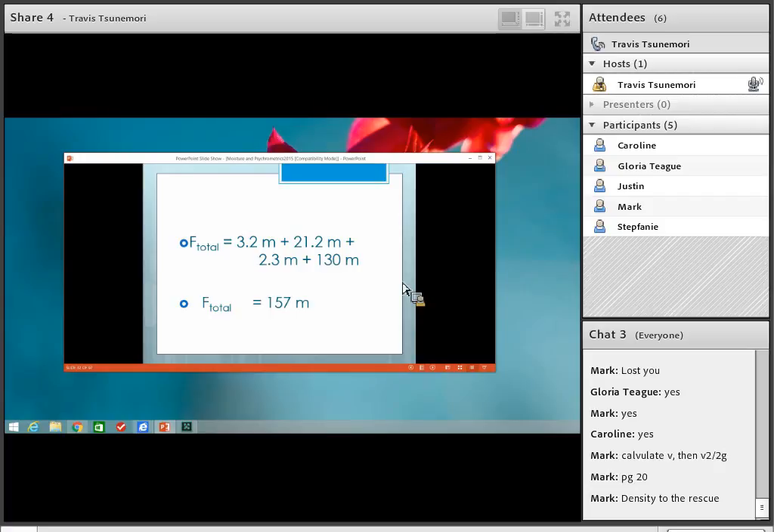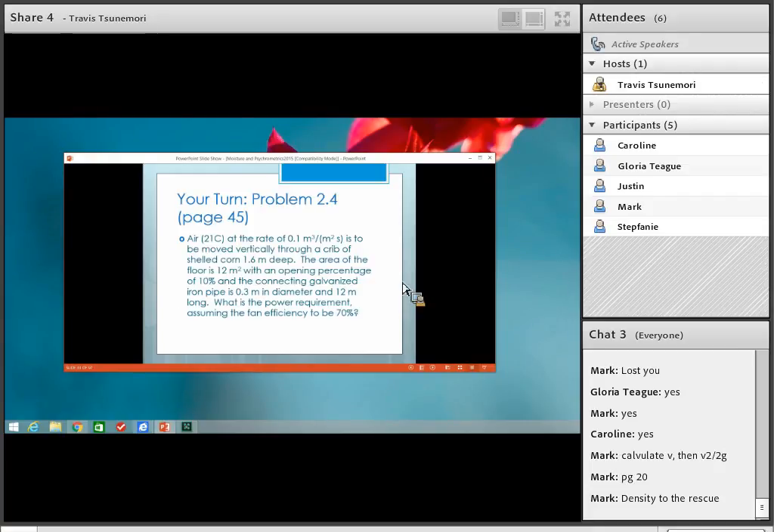Okay, so now we're going to let you do one. This is problem 2.4 on page 45 of the textbook. We've got air at 21 degrees C, at a rate of 0.1 meters cubed per meter squared second, going vertically through a crib of shelled corn that's 1.6 meters deep. Okay, so we've got shelled corn. So when they say the crib, basically